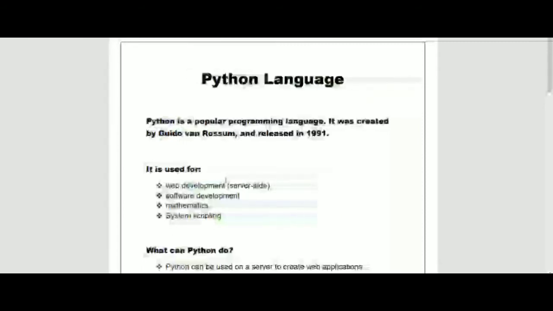So why is it being used, or what are the different applications or systems where Python is being used for development? We use Python for web development, to develop different server side websites. Also, Python is being used for software development in different industries.